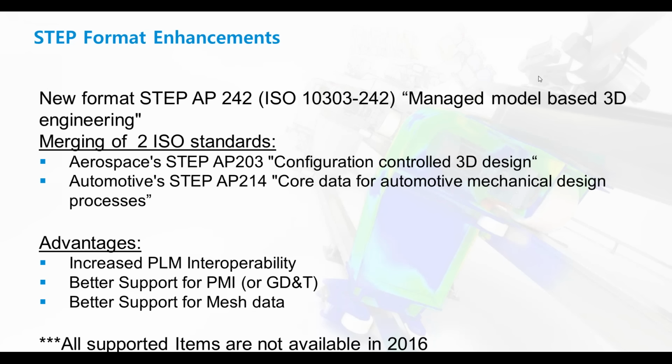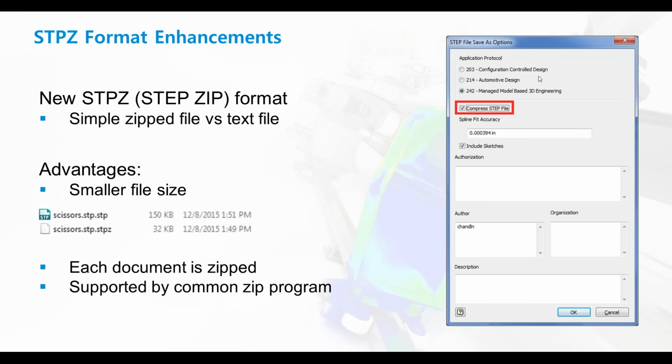So, if I could get the next slide there, Bob. Another enhancement we've made is the step zip format option, and you can see the revised step options dialog there on the right. There's a checkbox there, and if you select that checkbox, you are going to create a step Z file or a step zip format. What this does is it zips your step file, kind of treats it like a text file, and it reduces the overall size of your